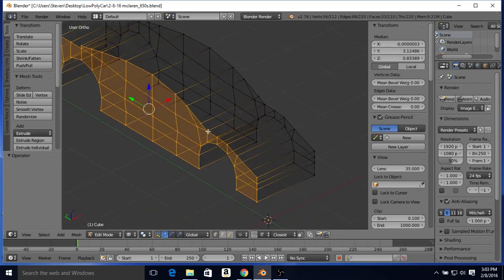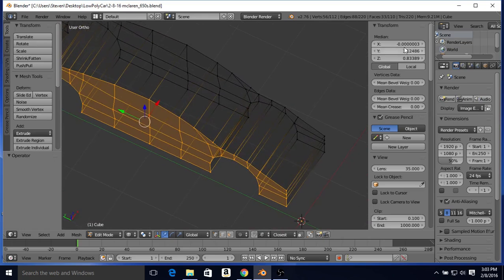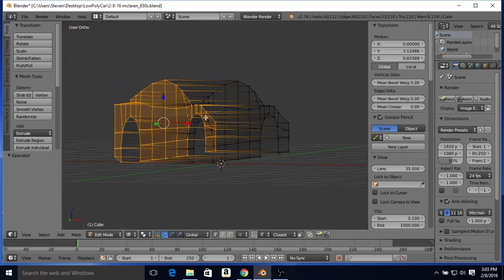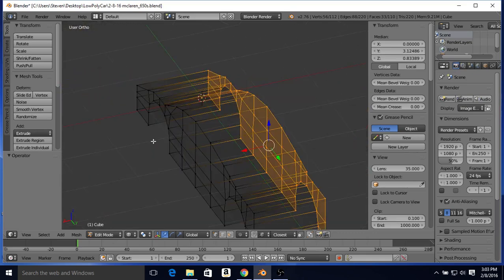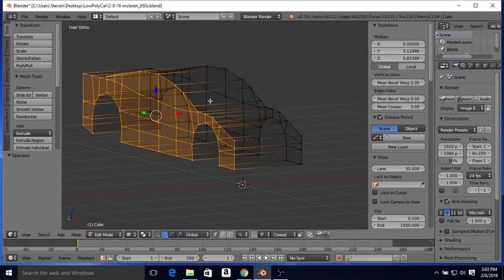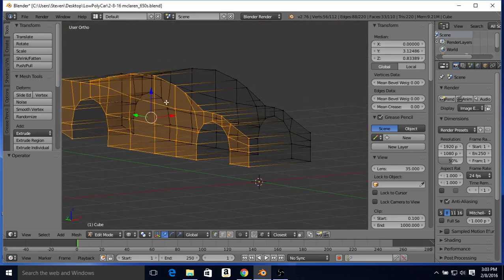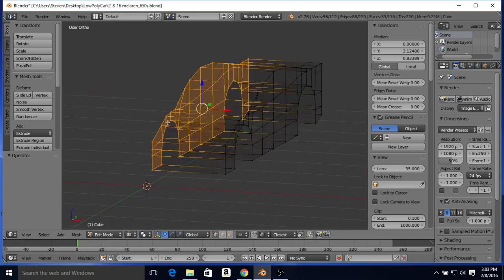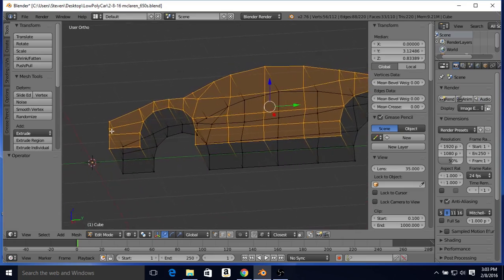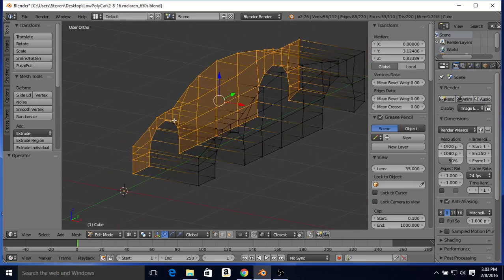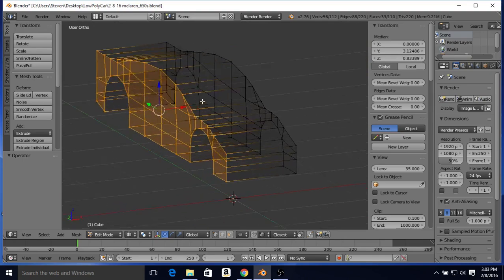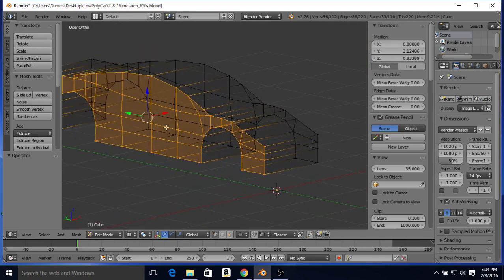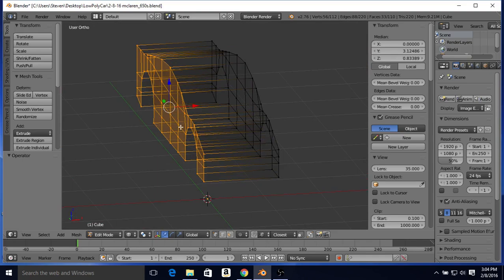So you see it's exactly at 0. For whatever reason it didn't perfectly do it, but now it did, so we're all set. And we're actually not going to need these faces here because it's going to be in the center of our model, and having faces that are not going to be seen is always a bad idea because you're making the computer render these faces even though they're not going to be seen, because this is actually the middle of the